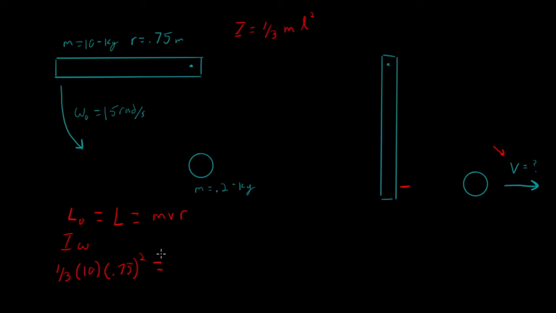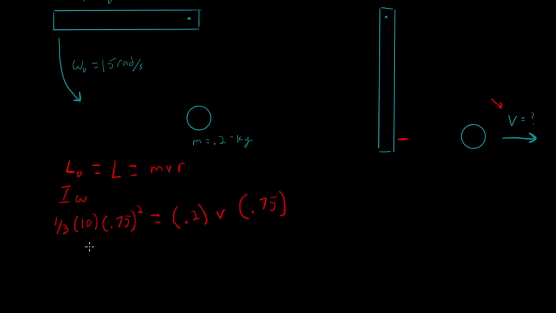And that's going to be equal to my mvr. And then my mass of that ball, since the rod is no longer moving, I don't need to account for its mass, it's just the ball that's moving. It's going to be 0.2 for mass. V is what we're looking for, and then that radius, we're going to keep using that same radius, so 0.75. And so then when I multiply those values together, I get